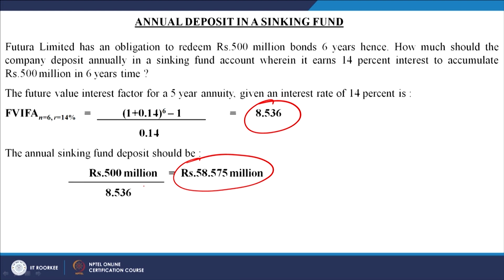So very interesting question, that whether it is a redemption of the bonds, whether it is a replacement of the plant or machinery, or whether it is any kind of other kind of the fund you require, we should be planned enough in the beginning, so that we know that some financial requirement is going to arise say 5 years from now, or maybe 10 years down the line. So we should be very clear about that, we should be well planned in the beginning, and if we know that this much is going to be our requirement, if we keep on setting aside certain amount every year, and plus we know the interest we are going to earn on that fund every year, then I think we are at a very safer position.